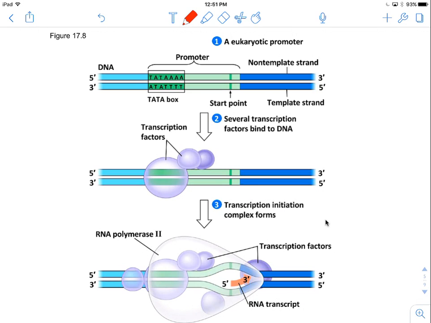So here we have our strand of DNA, and you'll see one strand is called the non-template strand, and the other strand is called the template strand. And so we're interested in the template strand, okay? Because RNA, just like DNA, has to be made in the 5' to 3' direction. It's going to read the template strand, okay? Here's our promoter region. As you see, it's before, here's the starting point of the gene, okay? And then this blue region is our coding sequence,